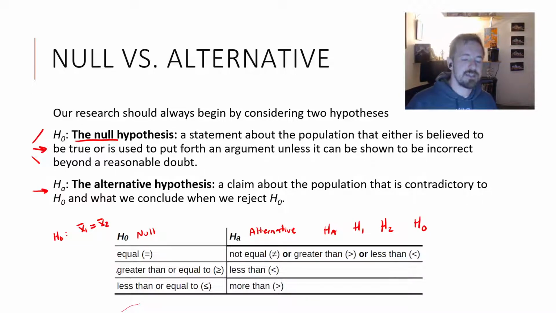Other versions of this could be that the null is greater than or equal to, or less than or equal to. And again, the key here is equal. A null hypothesis always has equal somewhere in it. It may not necessarily be the equal sign. It could be less than or equal to, or greater than or equal to, or just straight up equal to. Either way is fine. The alternative hypothesis is completely different,